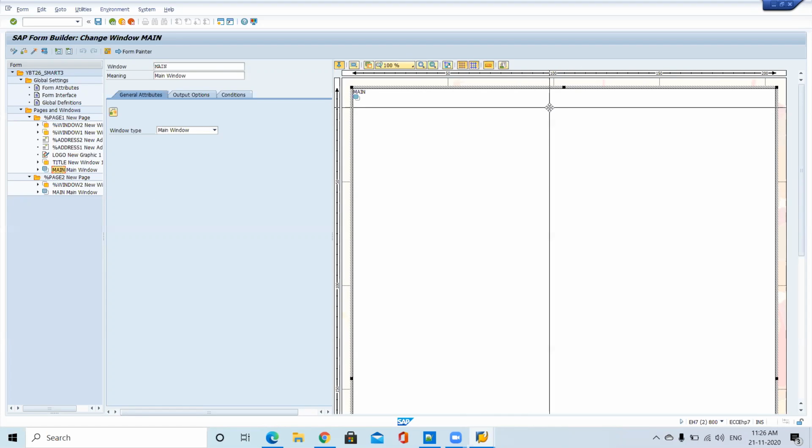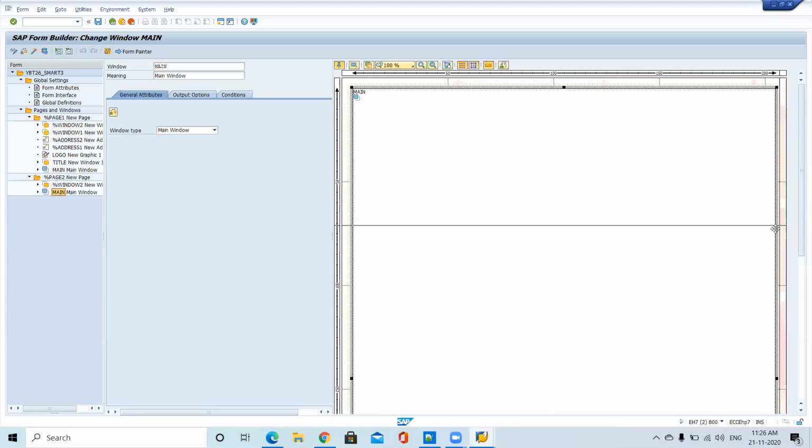Only the height we increased. At the same time, we increased the top margin. Why? Because we have a lot of space at the top and I want to utilize it. So that's why we increased the height, not the width. That is an important point. By mistake, if you change the width of the window here, it will reflect here also. Don't touch the width of the window. That will create a problem.